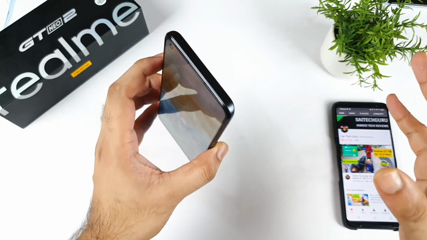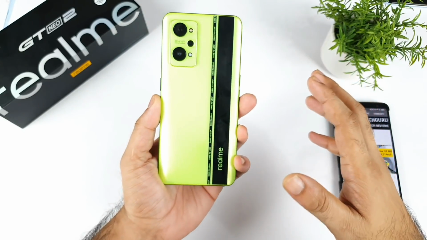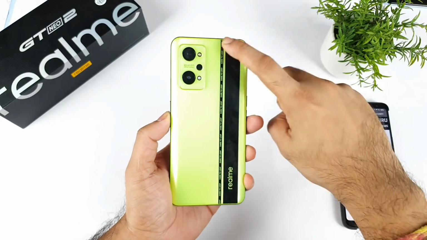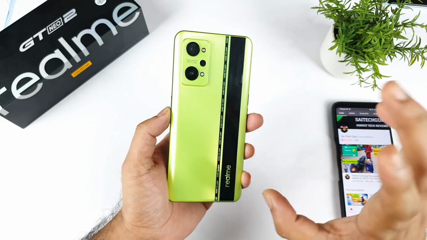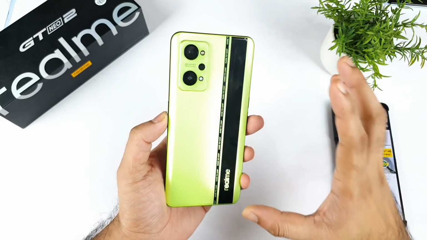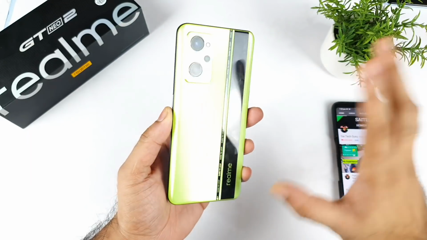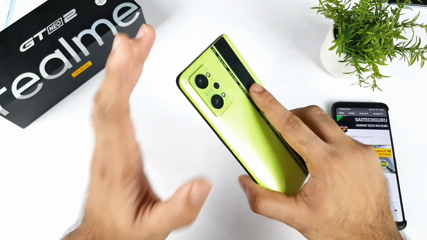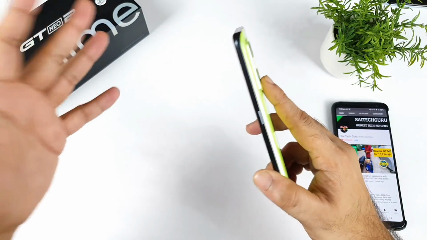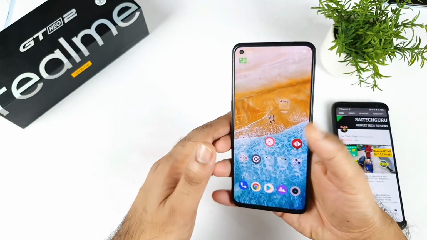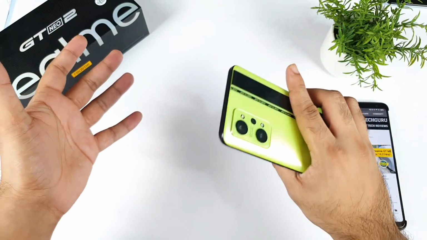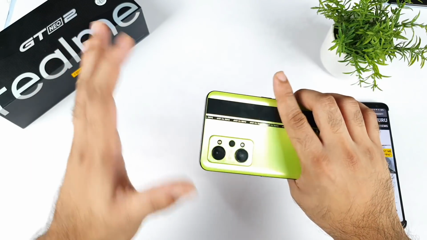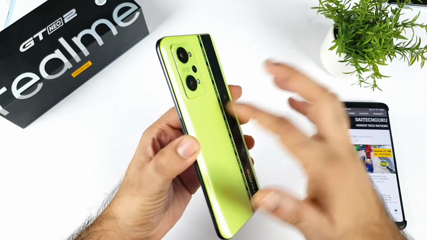I'm not sure, friends. But whenever I look at the backside, everything is perfectly fine, except this Dare to Leap writing. So I hate this one. For me, this is the biggest complaint. I'm not sure about others, but I don't like seeing this at all. I bought the green color because most of the time I don't use a case, I just want this unique style. But because of this Dare to Leap thing, I'm really not that convinced at this moment.